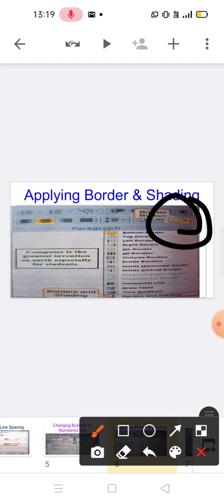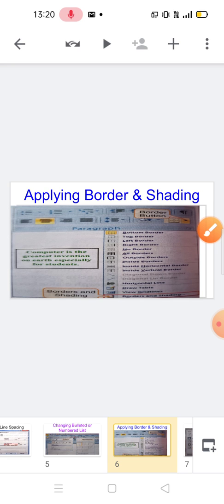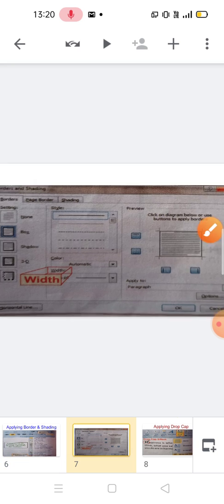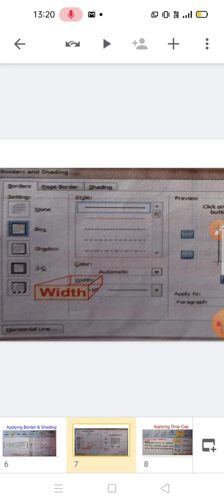First of all, you have to select the text, then click on the border button. After that, you can press the border and shading button, then click on the box here. When you click on the box, then the screen will be shown. See there,